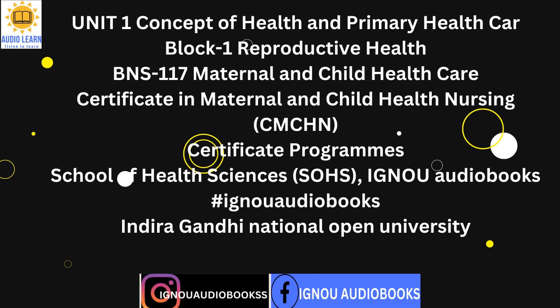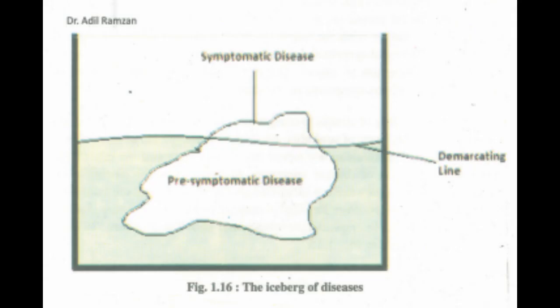1.3.6 Iceberg of disease. According to this concept, disease in a community may be compared with an iceberg. The floating tip of the iceberg represents what doctors see as clinical cases in the community and subclinical cases. Doctors and other health workers can diagnose only those cases which are recognizable. Such cases are comparatively very few than those which are unrecognizable. They are carriers and missed cases and remain hidden. These cases are a source of infection to others in the community.